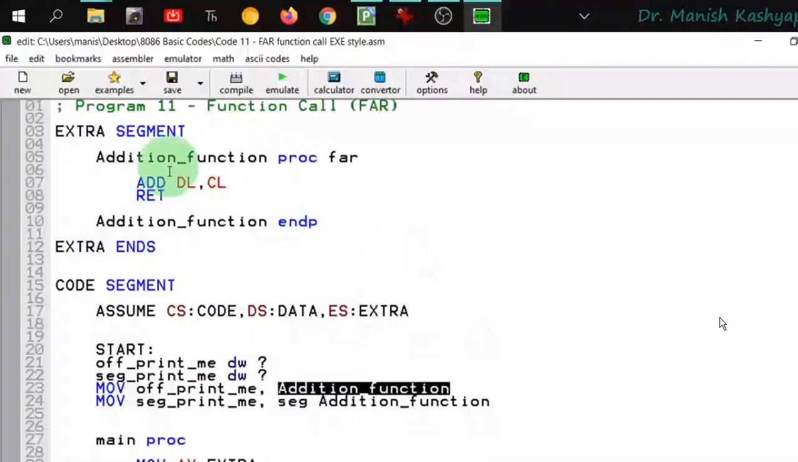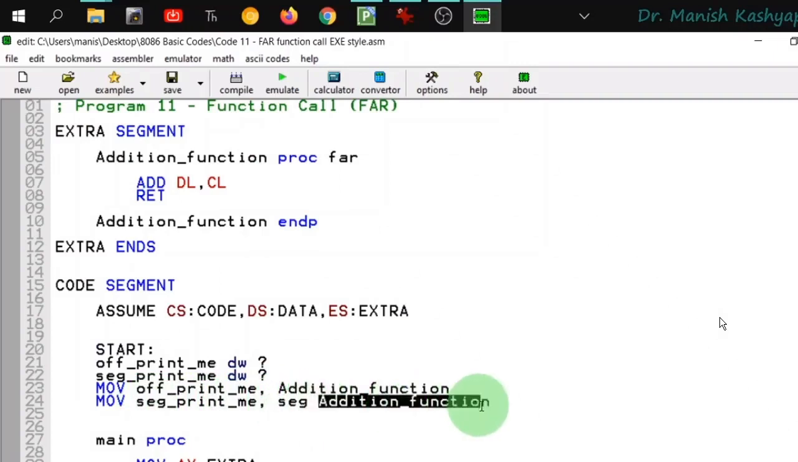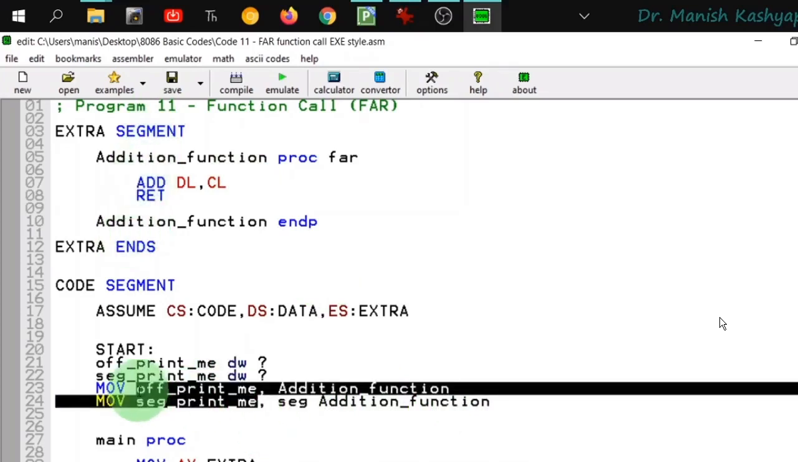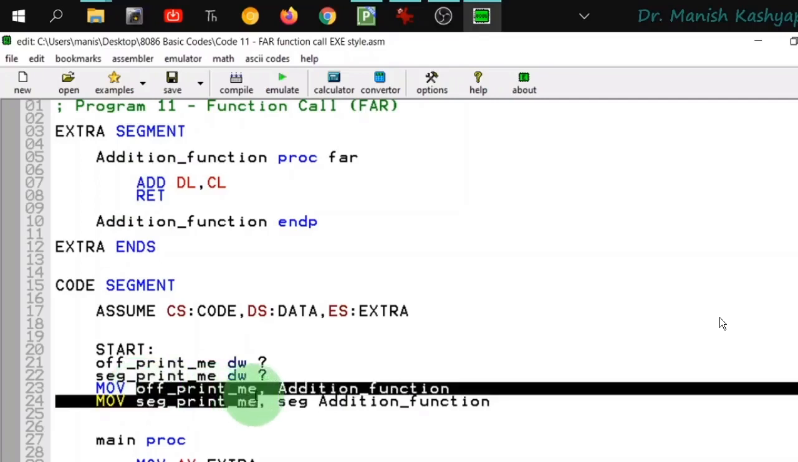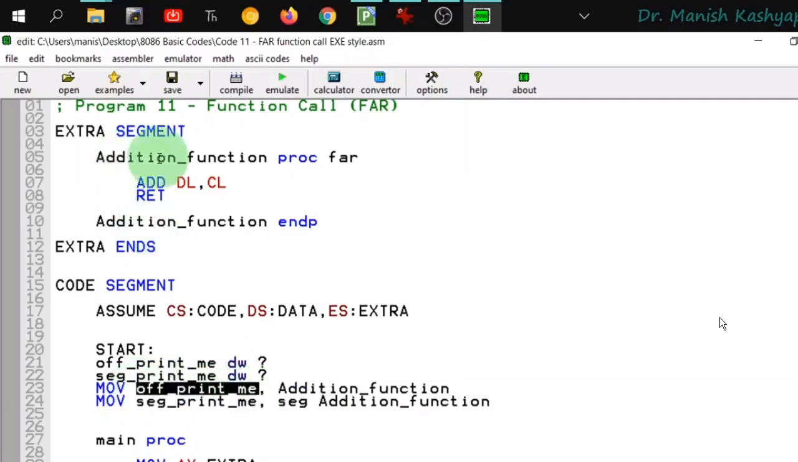So this addition function's base address will be kept in this offset print me. So this will contain the offset address, and in this segment print me, it will contain the segment address of the addition function. The segment's address of the addition function will be calculated by the seg command. So wherever this addition function appears, that particular segment's base address will be kept in the segment print me variable, and the offset of that function will be kept in the offset variable,